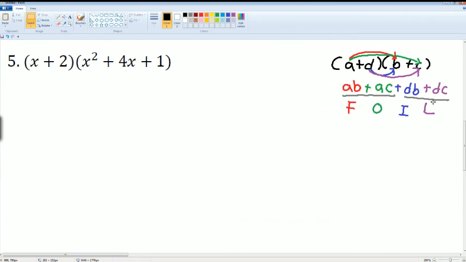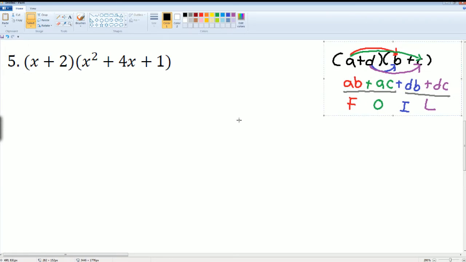So, I'm going to keep that right here. Alright. Here, you can't really FOIL, right? So this is useless, but the idea is still there, okay? So we're going to do our best to go with it, right? So you're going to be distributing. So let me show you first, okay? So you see how you have this? This is the first term. So this is going to be multiplied